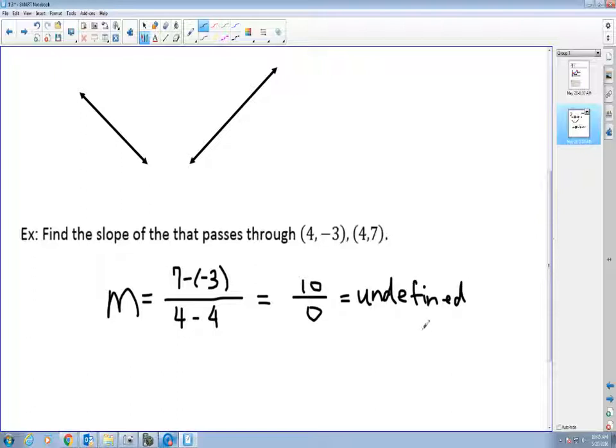It's not 0. It's not that you don't have a slope. We use the word undefined. So for a vertical line, your slope is undefined. For a horizontal line, where the y values are the same, rather than the x values, you get a horizontal line, and for a horizontal line, the slope is 0. Alright, so just a quick review on the slope of a line. Thank you for